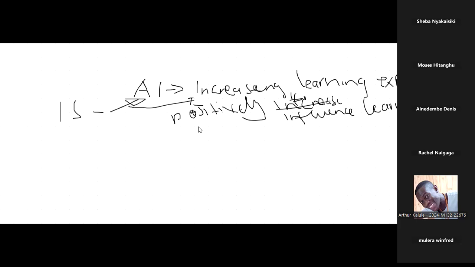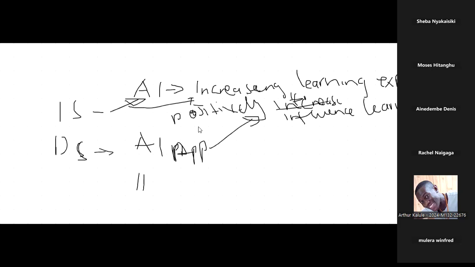So, Moses, let's say I use design science, yeah? Design science allows you to develop your application outside of a context. You develop a prototype, implement it, and as you implement the prototype, you evaluate your AI application. And your evaluation is to measure positive influence. So, Moses, in this case, you would have developed a